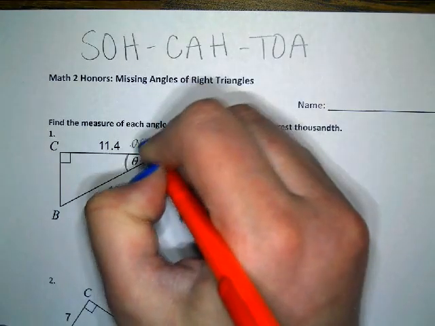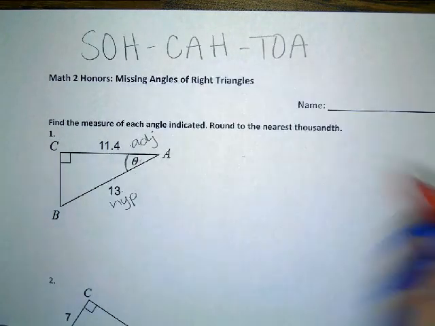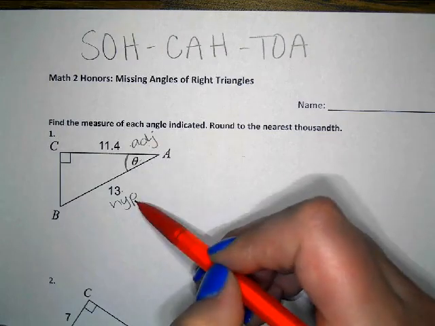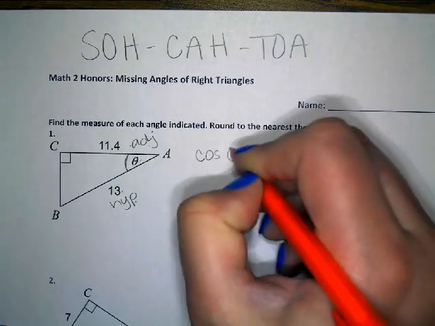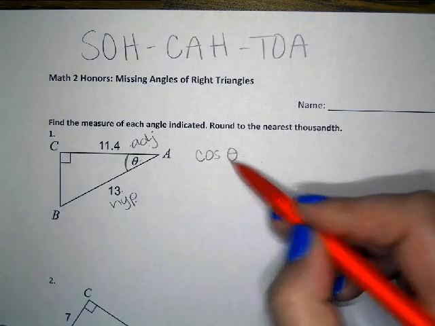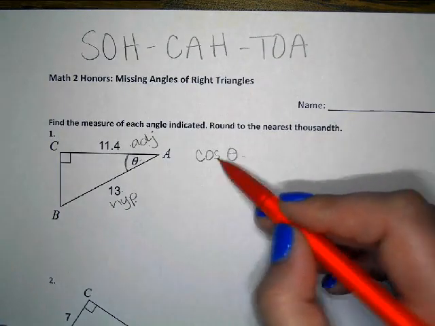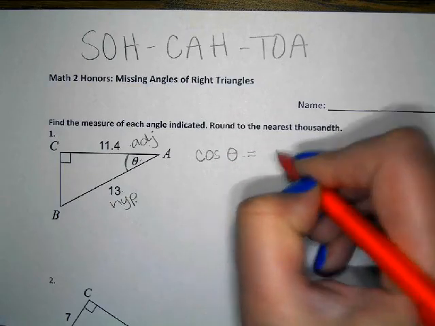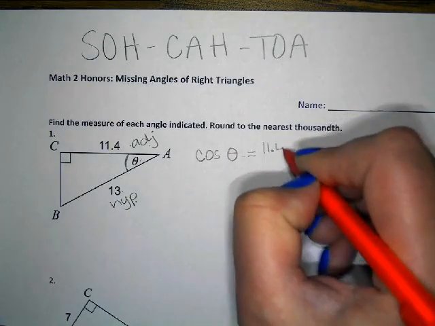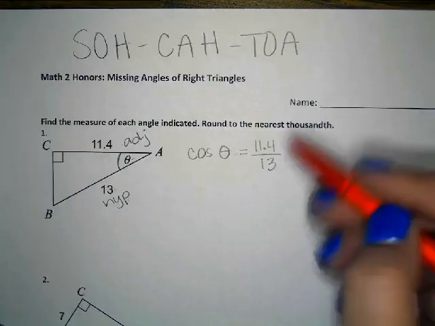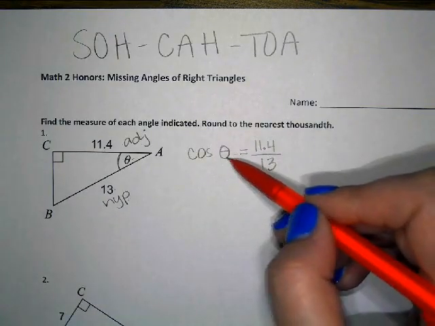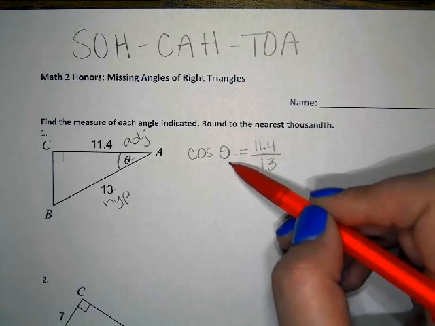Adjacent. And then which trig function uses adjacent and hypotenuse? Cos. So I'm going to say cos of theta. Remember, theta is just a 0 with a line through it. So cos of theta equals adjacent over hypotenuse. And what we want to do is get the theta alone,